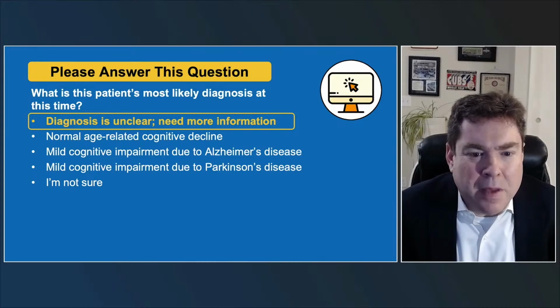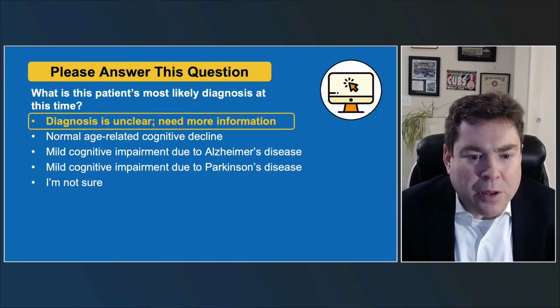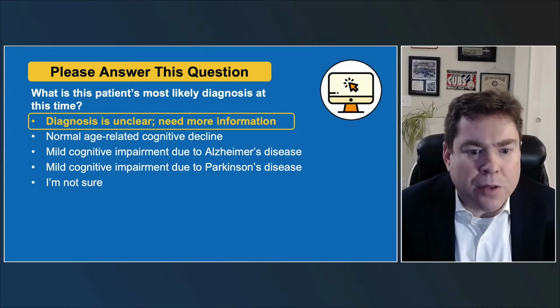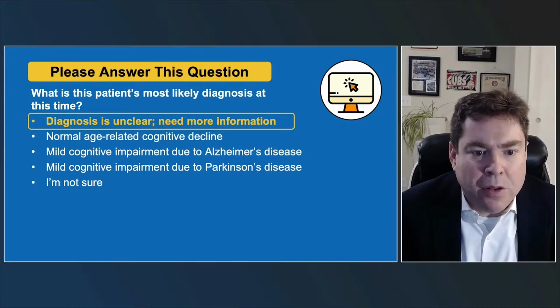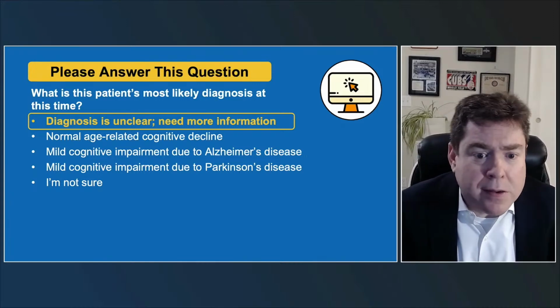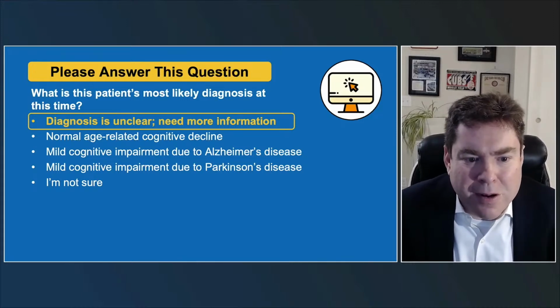And then also the family history makes me worry. We do know that people who have a family history and first degree relatives are at about 2 or 3 times higher risk compared to people who don't have a first degree relative with Alzheimer's. And that certainly makes me more concerned about some of these complaints in light of the family history. So, based on the data that we have now, I would lean a little bit towards maybe this is